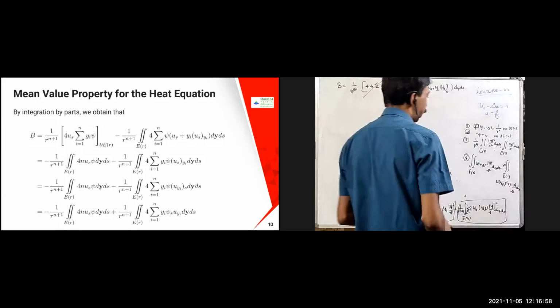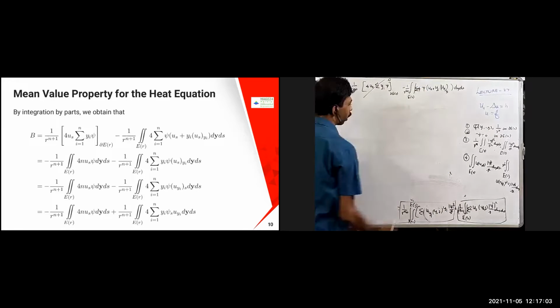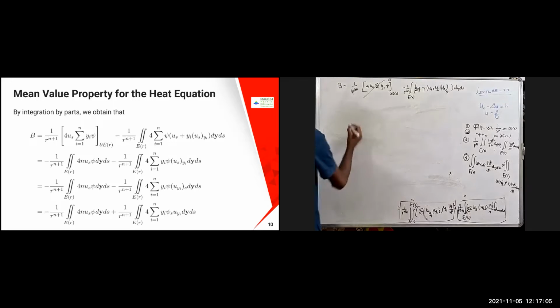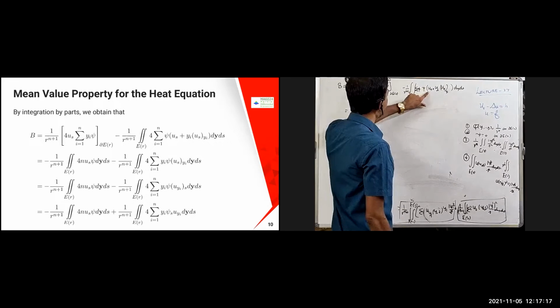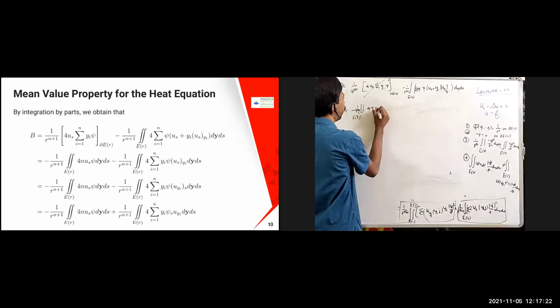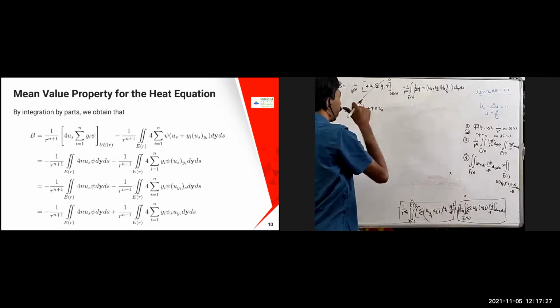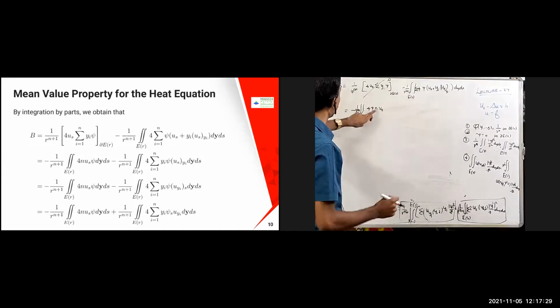So the second one, I'm just going to split it into two things. Again I'm missing the summation, sorry. So this is going to be minus 1 by r power n plus 1 integral over er. There is no yi in this term, therefore I can write it as n terms, 4 psi into n into us. Because there is no yi term here, but there is a summation, therefore 4 times n times summation, 4 and psi us is going to come.